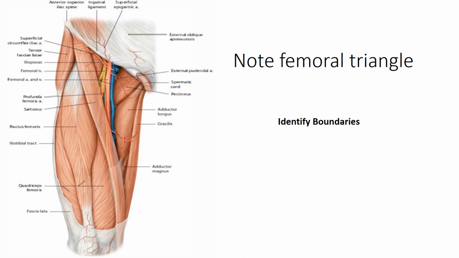Briefly, we will see how at this juncture we can see the femoral triangle. This femoral triangle is related to this muscle in the anterior compartment, and this is lying just medial to the sartorius. So this is bounded laterally by the medial border of the sartorius, and medially it is bounded by the medial border of the adductor longus, because the adductor longus is lying oblique. So this medial border is which is lying superficial.